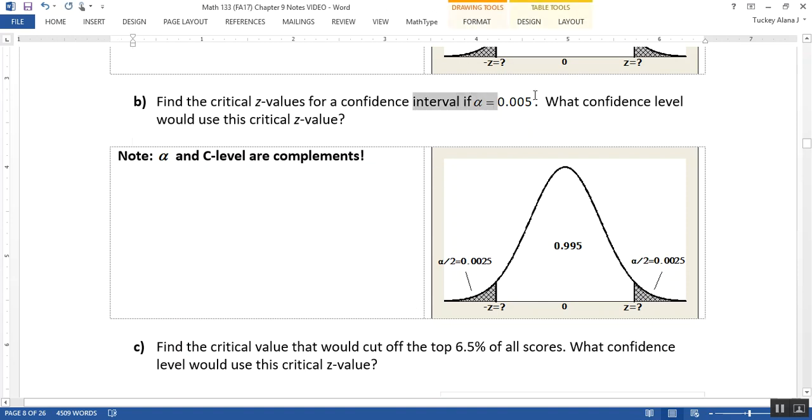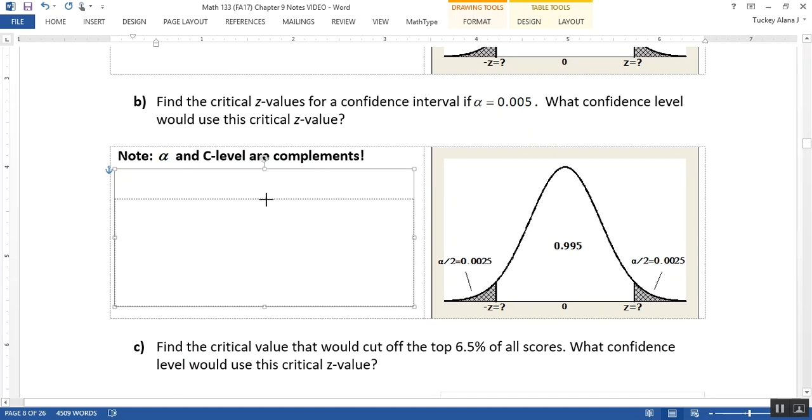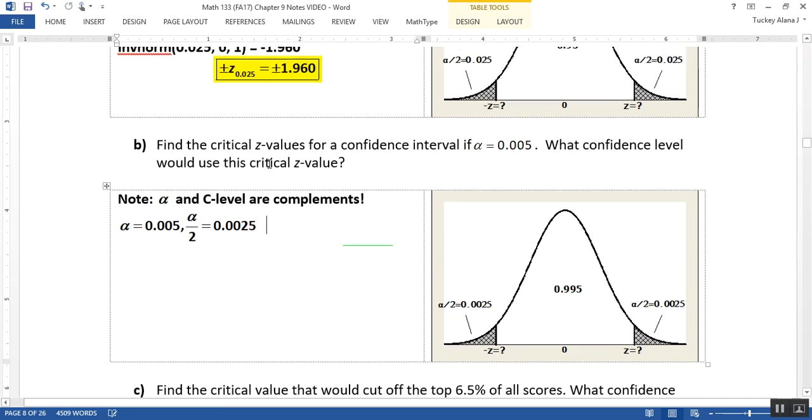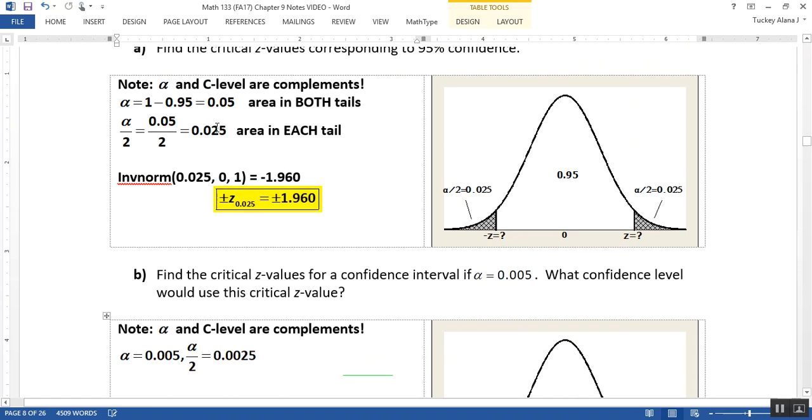That means that since alpha is 0.005, alpha over 2, which is what actually goes into the tails for confidence intervals, is half of that. So I take 0.005 and I cut it in half, and I'll get alpha over 2 is 0.0025. Now it's important to notice this is not the same question as the one above. The one above has alpha over 2 being 0.025, only one 0 in there. This one for letter B has